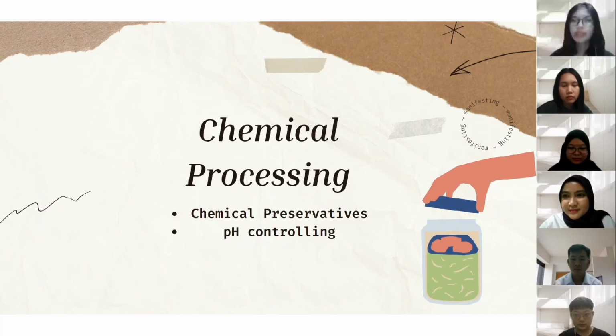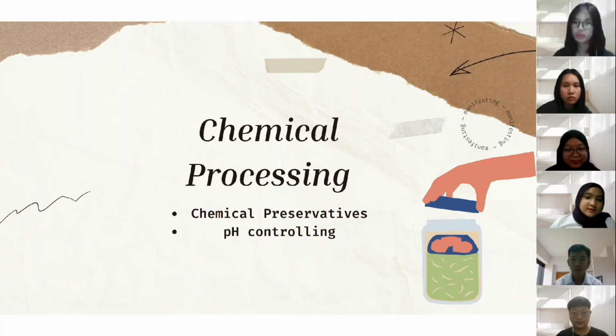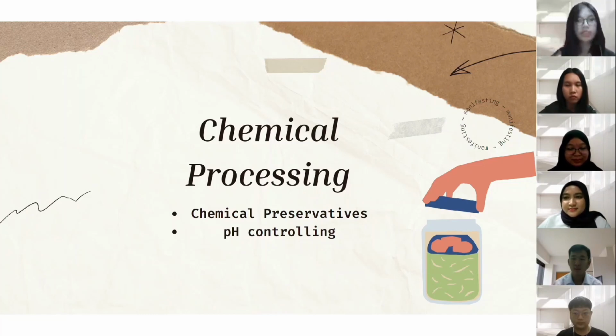Thank you, Amira. In my opinion, food can also be preserved through chemical processing, which is by adding chemical preservatives. Some of the chemical preservatives that are often used are sugar, vinegar, and salt. Other than that, benzoate, nitrates, and sulfite are also used, especially in big food manufacturing. This can prevent bacteria from causing food to spoil, prolong the product shelf life, and preserve the food's nutritional value,